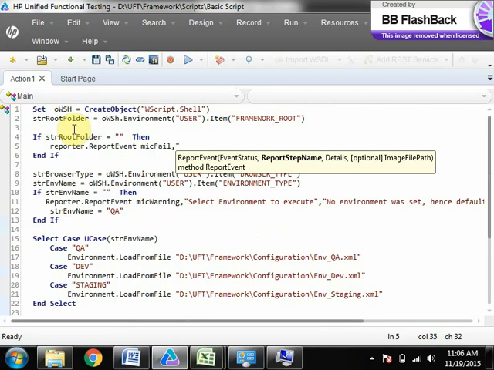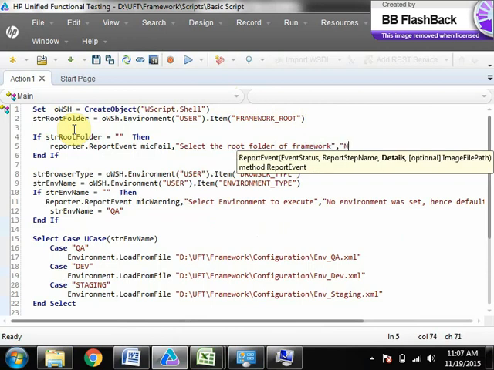Browser, okay, default browser you can say. Environment, default environment, but folder you cannot set default because that folder is not there now, right? Then now make fail says select the root folder of framework.